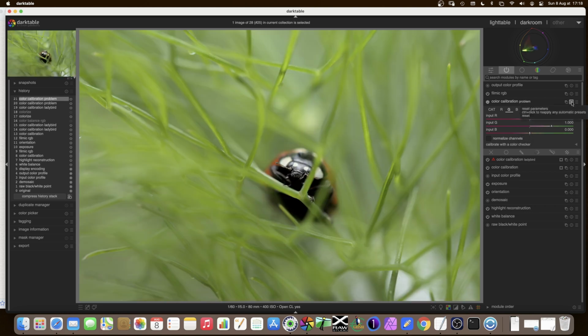No, it's too complicated for that. Now the maths behind it is a matrix multiplication, so there are 9 variables, 3 input values, red, green, blue, and with those 9 variables you get 3 output values, which are red, green and blue. And we can actually use that in a simple way,